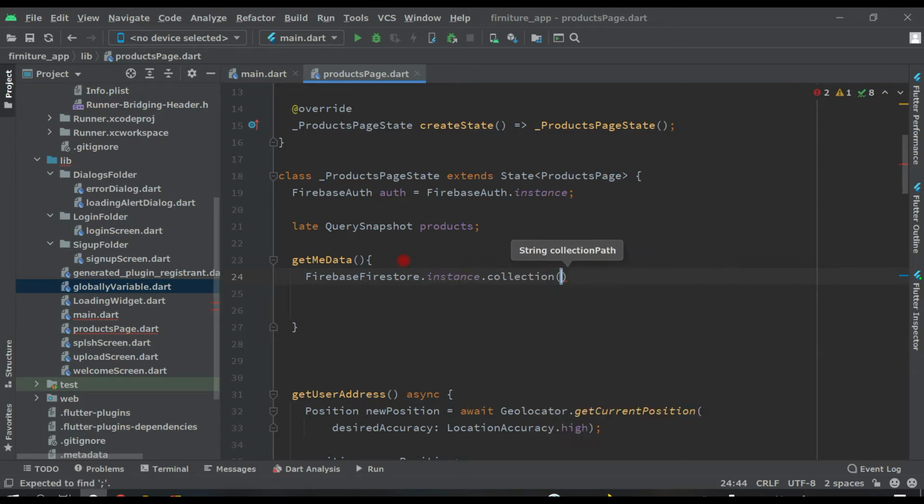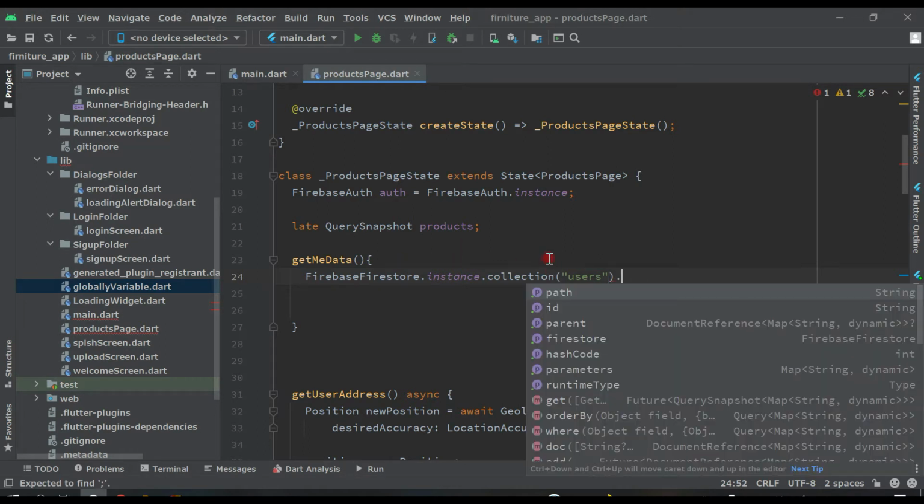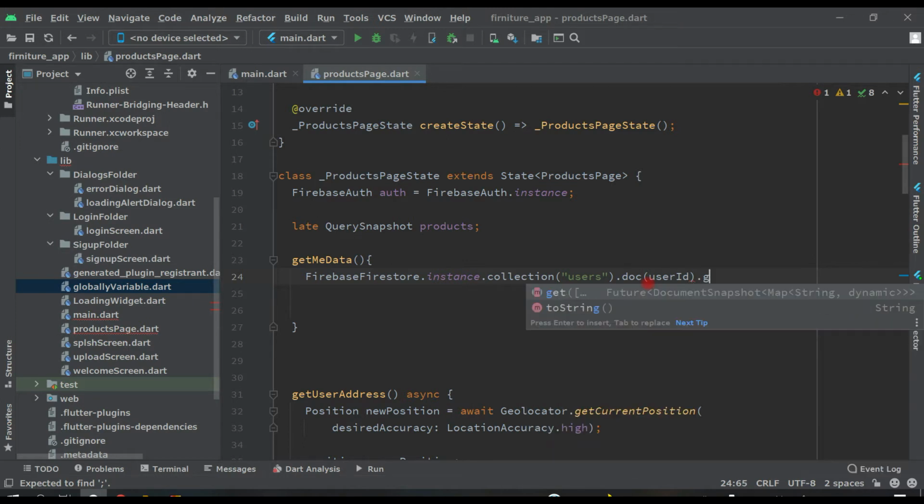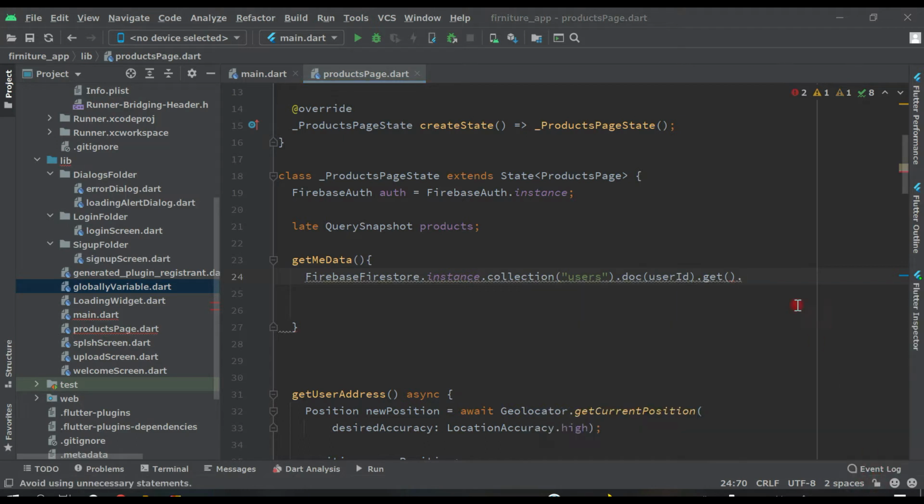Collection will be user, then dot doc, user ID, dot get, dot then, and remove this, put two curly braces and add a semicolon. Instead of value, write here results like this.